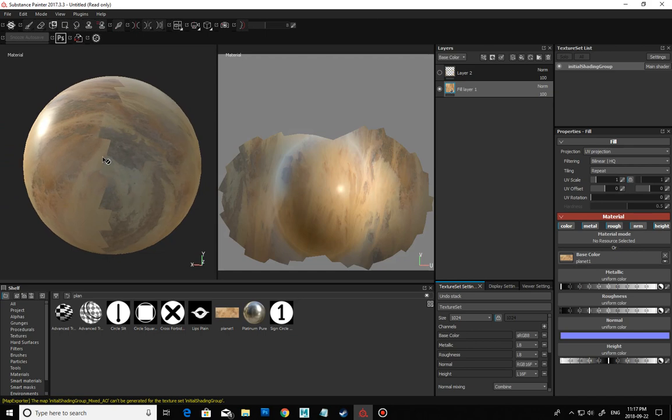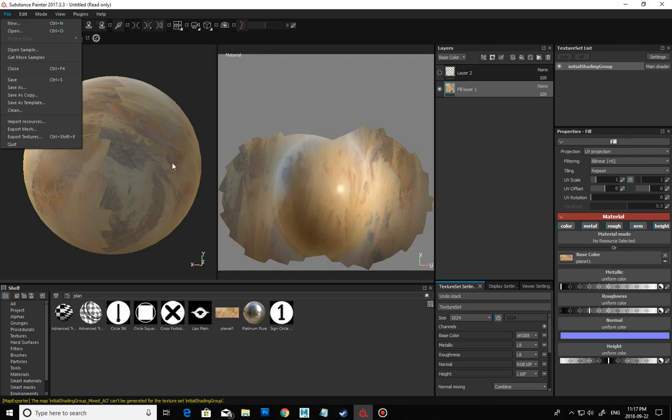Now, I've applied this simply by importing the object as is, and I created a new fill layer, and for the fill layer I chose to pick the base color as the texture that I wanted. When I did the file new, I chose the sphere plus the texture that I had, the one that I just downloaded, so that it came in with me, and so it's showing up in the shelf. You just have to search for it. So I named mine Planet. Make sure that you name it something useful that you can easily access,